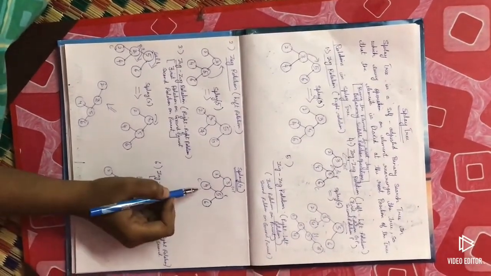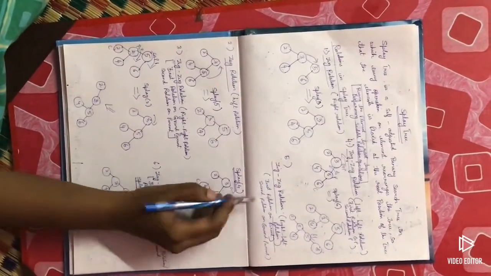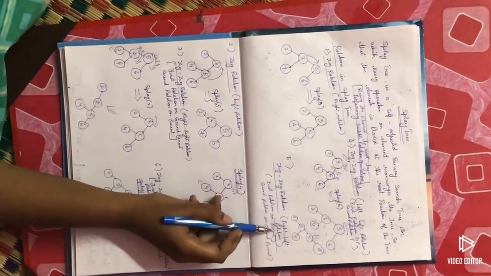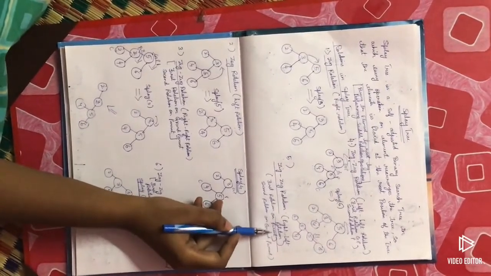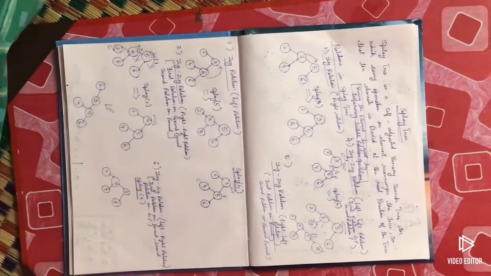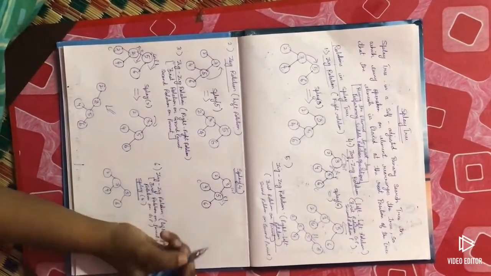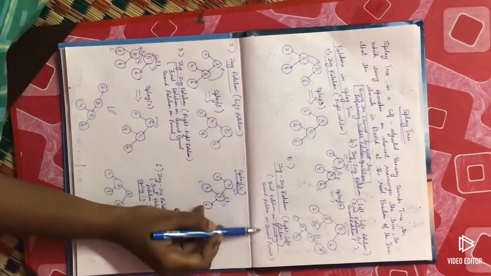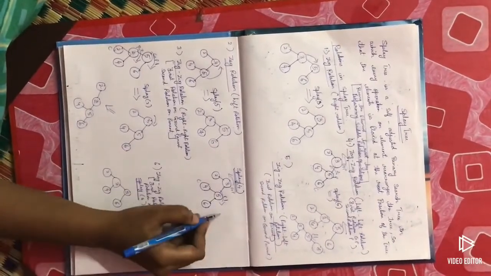So zig rotation means right rotation. Okay, so now I said that first rotation is on the parent. So rotation on the parent should be done on the right side. So first right, then only left. So on the parent, what rotation should be done now? Right rotation should be done. Okay, so on the parent, first step I will do the right rotation. Second rotation on the grandparent, that should be done on the left side. Okay, so this is the step we are going to follow now.